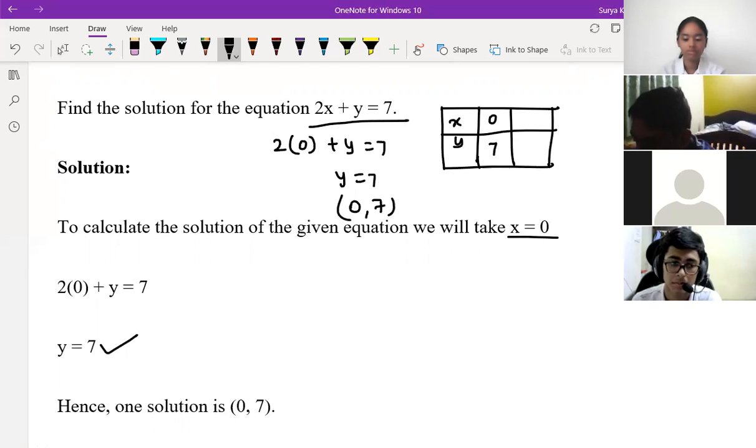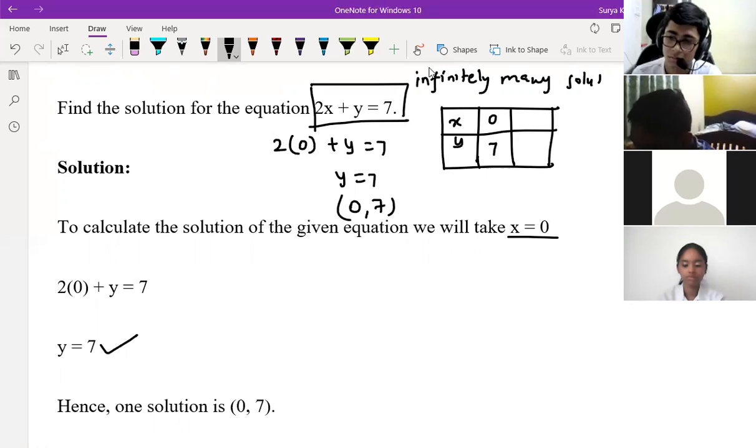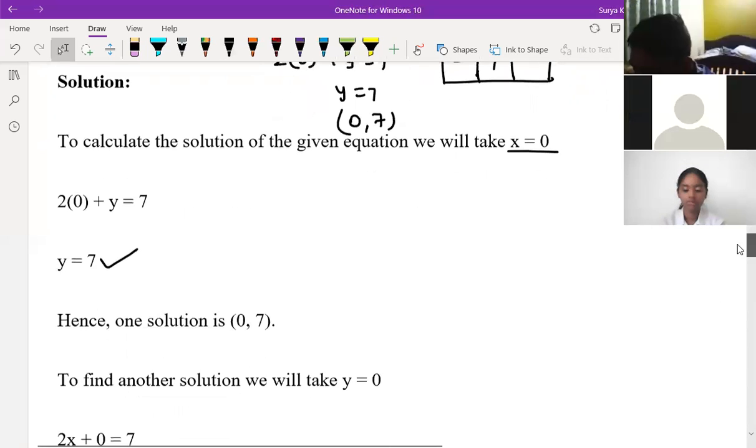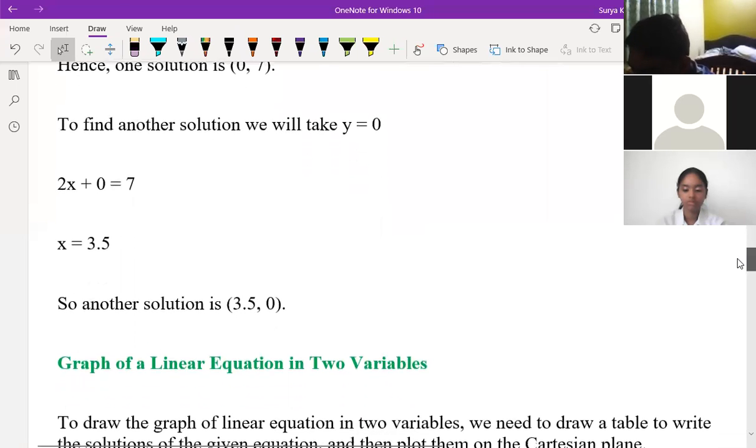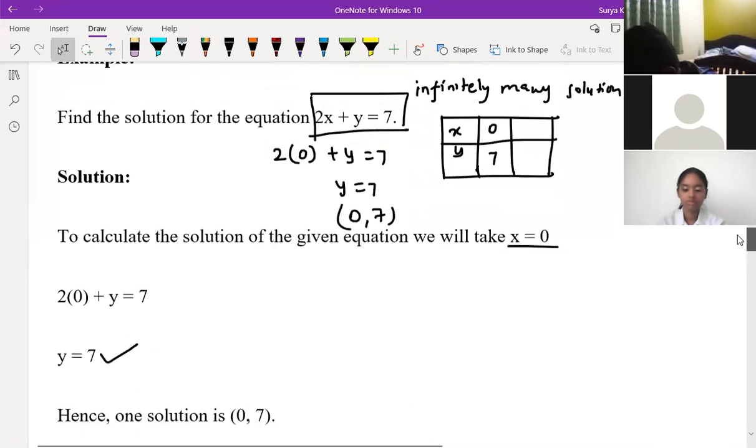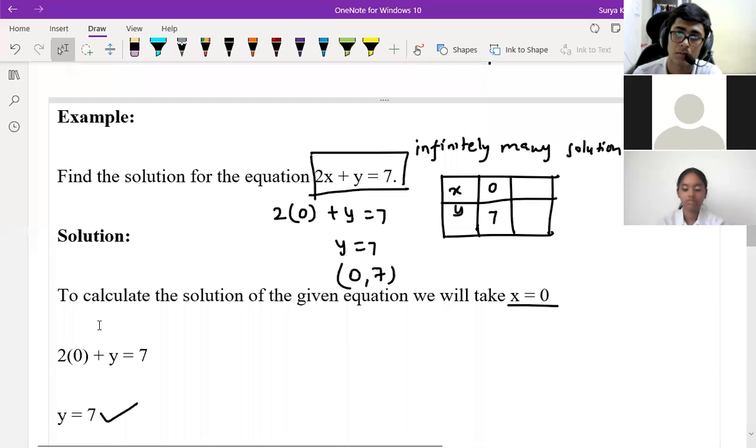So for this equation, how many solutions you have? Infinitely many solutions, right? Yes, sir. Infinitely many solutions. So the next part is C. Now another solution they are taking. See what I have taken. y is equal to 0. Then they are getting this one. If y is equal to 0, you take. Let me just make it smaller first. This is so much big.